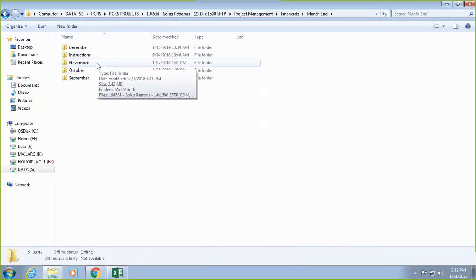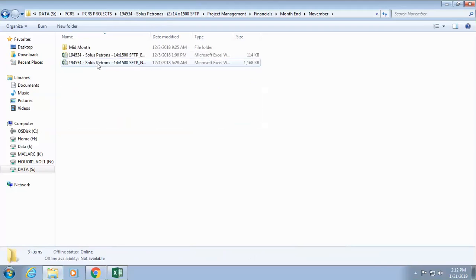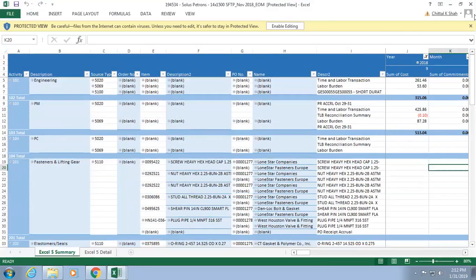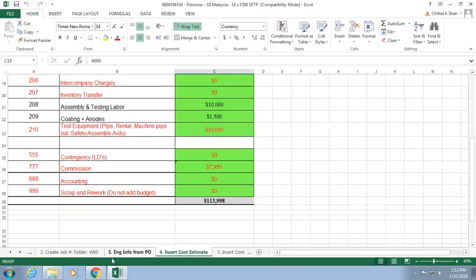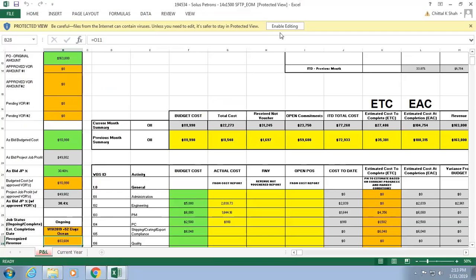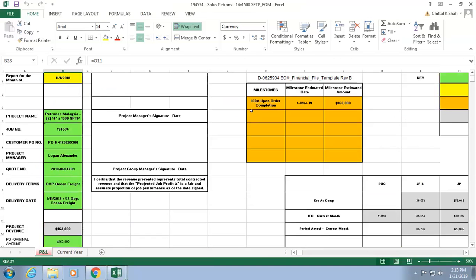So you want to say, start of the project, these are the budget set, and then you want to see what you're spending against that every month. So let's open one of the files. So what this file is, we call it end of the month file. One of the key things of this file is it's kind of a summary version of what's going on in your project. I'm going to run you through some of the periphery details on this file, then we'll jump into